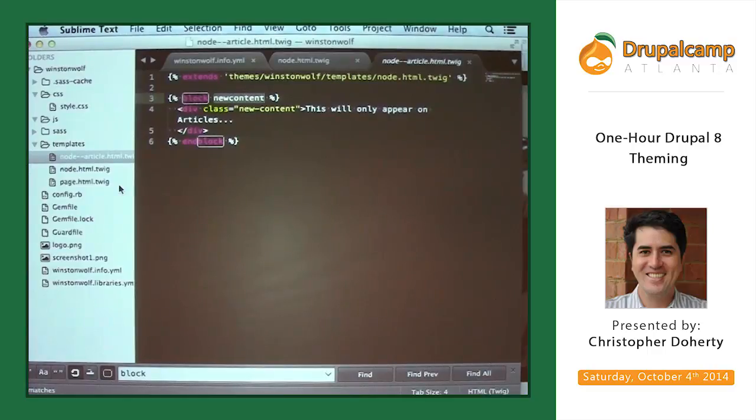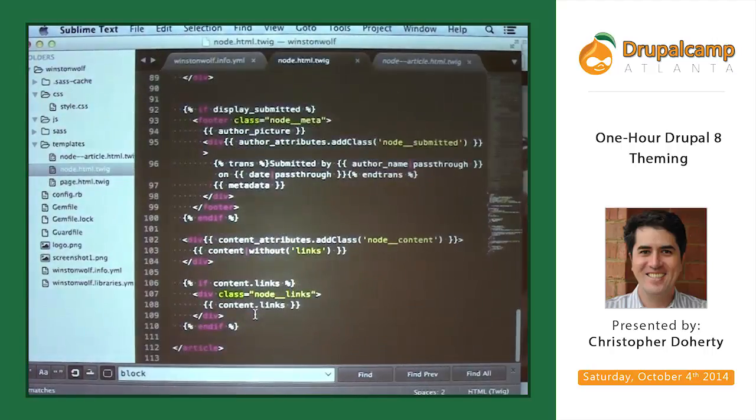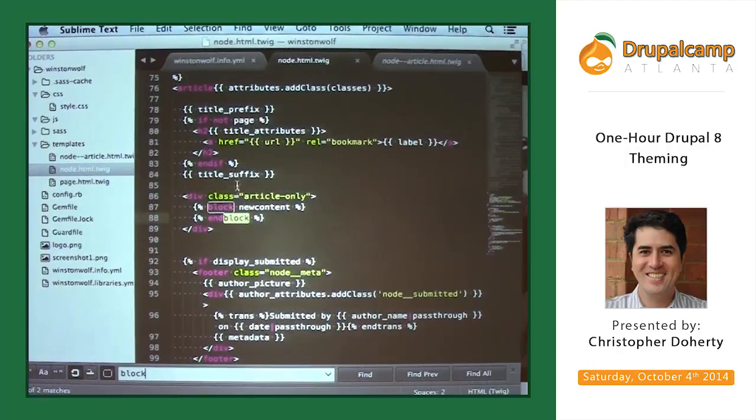Where are you actually outputting the blocks? So in node.html.twig, where you're defining block new content, is it just being output wherever it's defined? So this is where I'm actually naming a block and calling it new content.